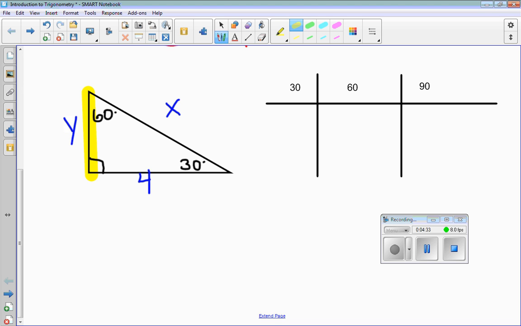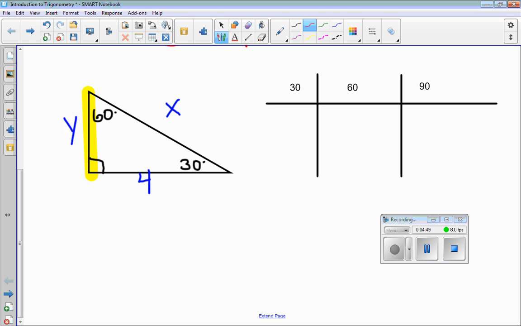I have the long side. What do I do to get from the long side to the short side? Not multiply. I'm working backwards. I'm going to divide by square root of 3. If we're struggling with when to multiply and when to divide and by what, let me show you the other